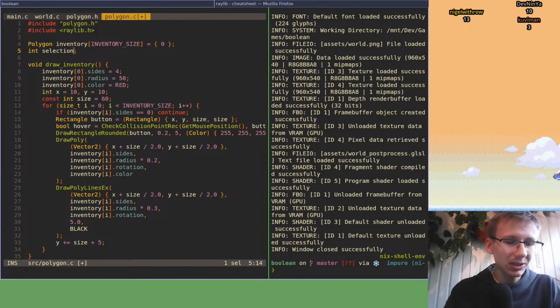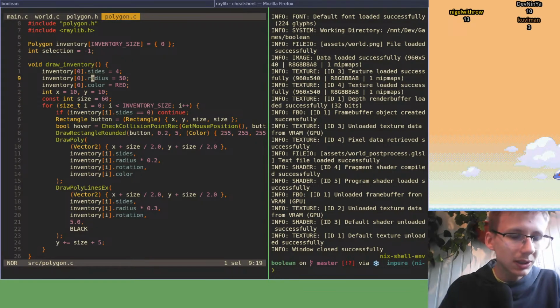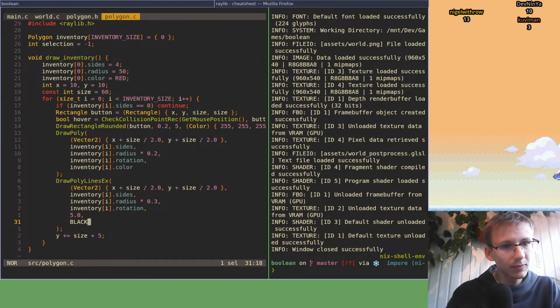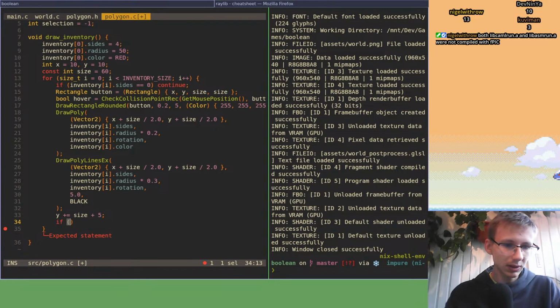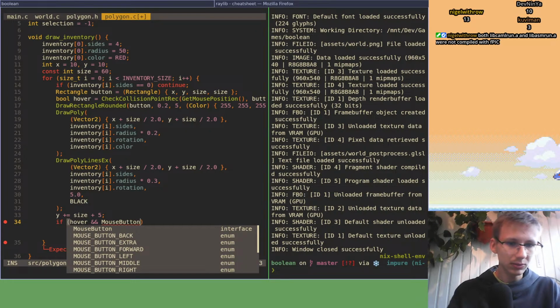Int selection equals -1. So if hover and then clicked, hover and mouse button pressed,